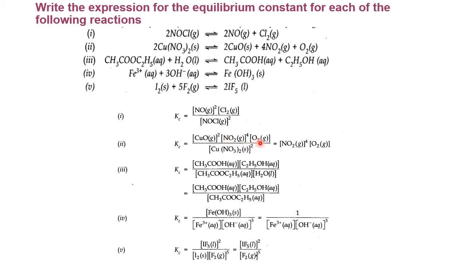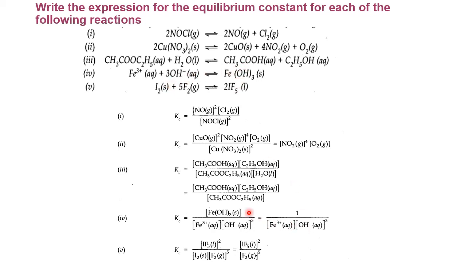Okay, right. Now for this reaction, product by the reactant. All are in the aqueous or liquid state, so nothing will cancel, no unity. Everything comes as numerator by denominator, product by the reactants. Now for this, only this is in the solid state, which is not taken here. So this is 1 by reactant.